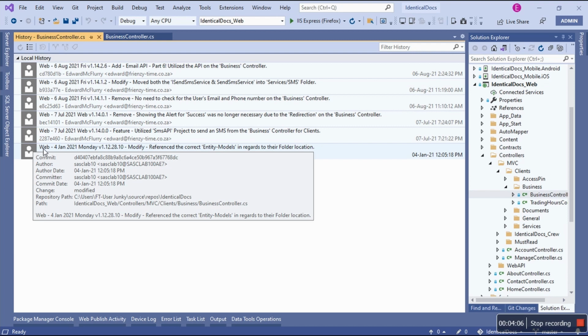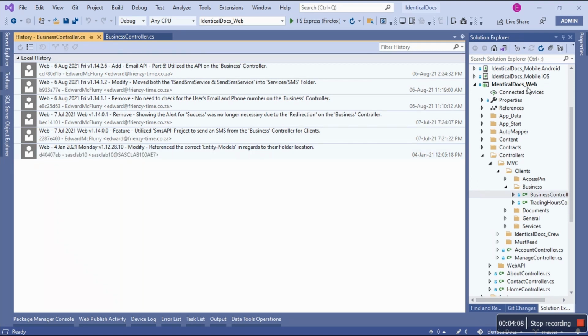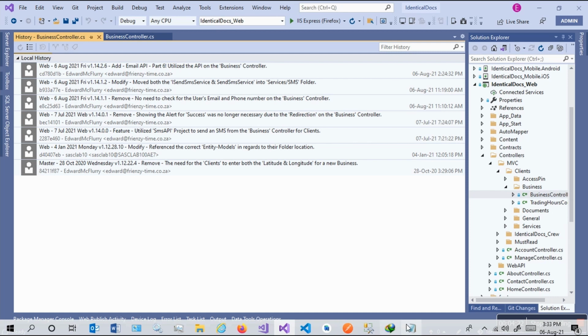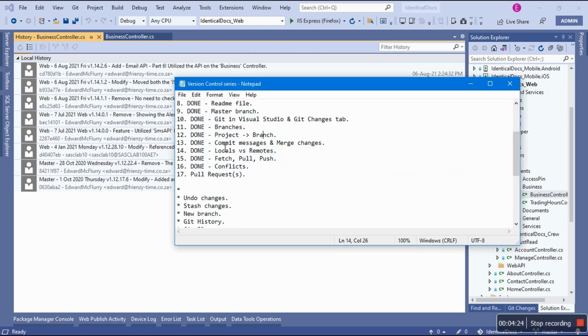So this is a web branch targeting this web application, but remember, this is 2-in-1. It's both MVC and web API, as you can see with the folders MVC and web API. So this is how I name my commit messages, and we did cover that, commit messages and merging changes,